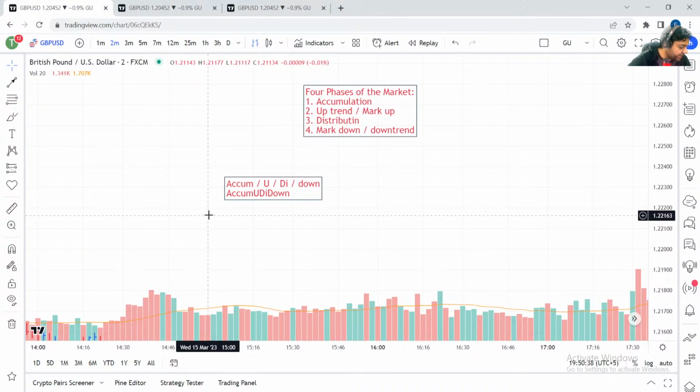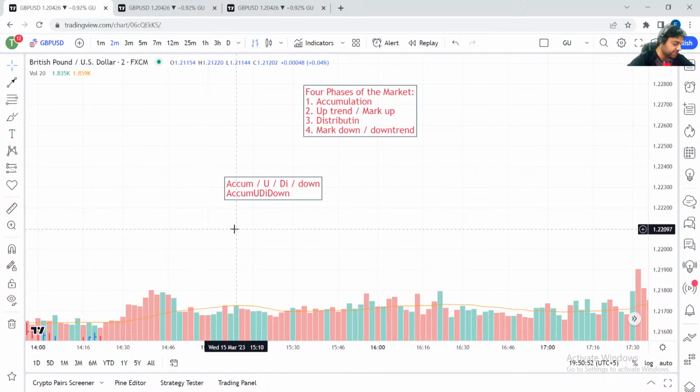Mukul ji is saying, Guru ji, namaste. Okay, namaste Mukul ji. Today I am trading RBI for the first time. That's great. That's very good. So you are now able to trade RBI, which is rally back to ice. That's very good, Mukul ji. I'm so glad you are able to do it now.